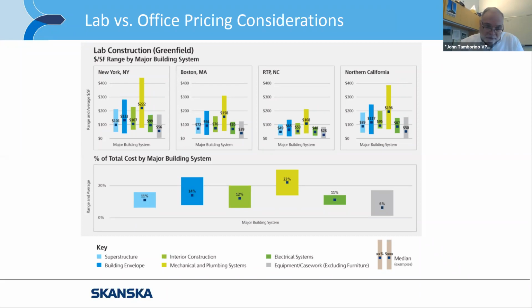So as you can see, if you focus on New York, Boston, RTP down in North Carolina, and also Northern California, and in New York, I'm just going to focus on New York for now, you can see by far the most costly system there is the HVAC systems and MEP systems themselves, fully $222 a square foot, versus the other locations. Even so, you can tell in each one of those locations, the mechanical systems are the most expensive piece in the whole thing. The next slide down